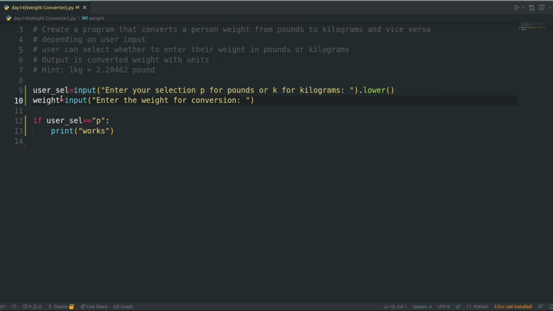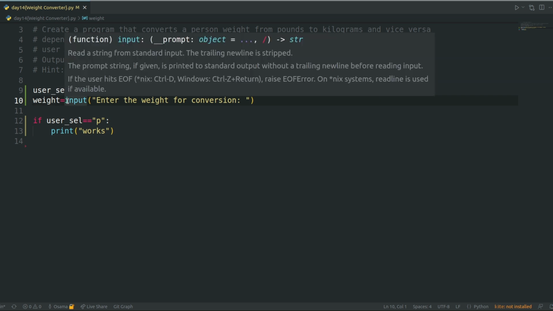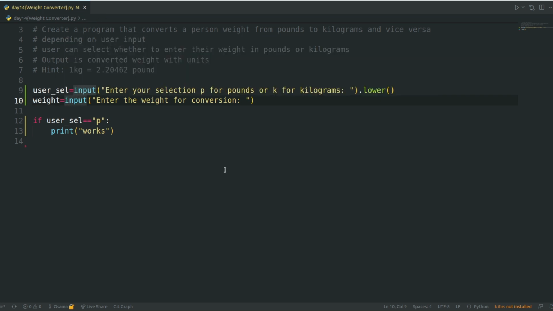And to do that, we can use either input integer or float. For this situation, we would use a float, because a float function can accept both integer and float values, whereas the int function can only accept integer values. If you try to put in a float, it doesn't work. Let me show you. If I say int here